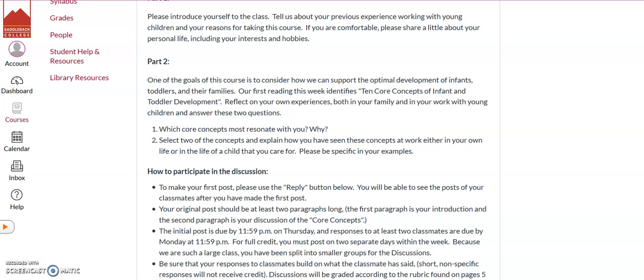We do use the post first option in this class, which means that you will need to post your discussion before you see the results of your classmates. Because we are a very large class, I have split you into smaller groups of about 16 students. That will allow you to get to know each other a little bit better as opposed to being in a